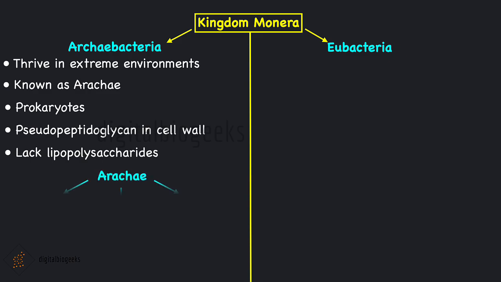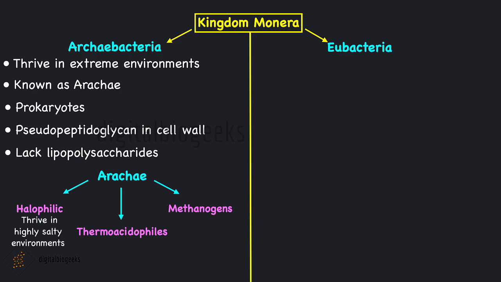There are mainly three types of archaea: halophilic archaea, thermoacidophiles and methanogens. Halophilic archaea thrive in high salt environments including natural brines, alkaline salt lakes, the Dead Sea and marine solar pans. Thermoacidophiles have developed mechanisms to successfully persist in unusually hot and acidic environments.